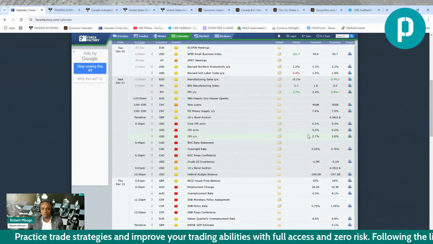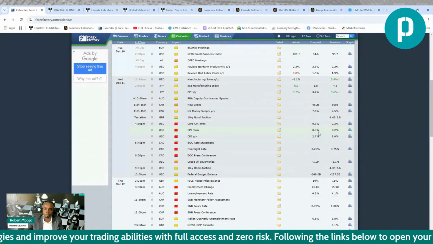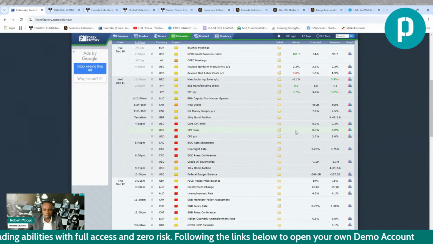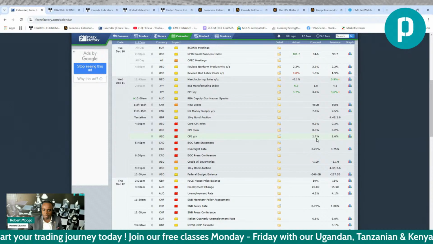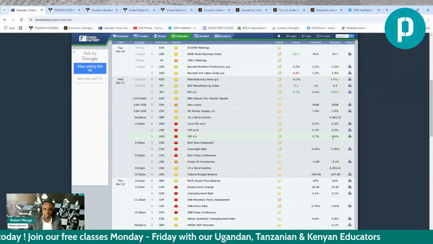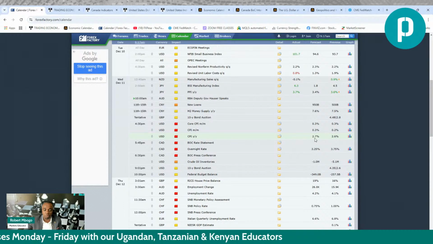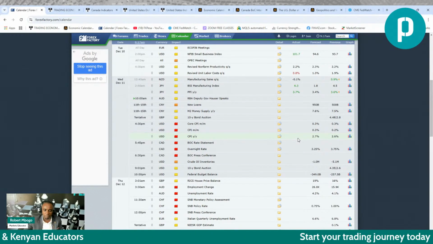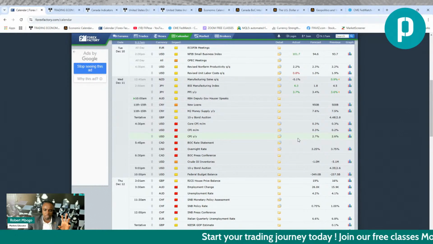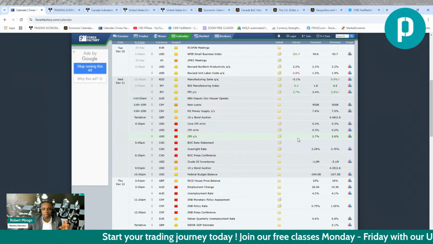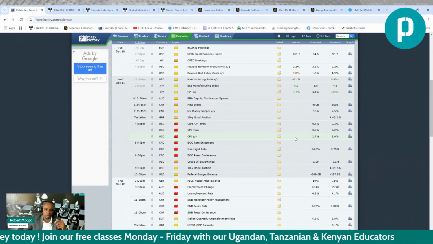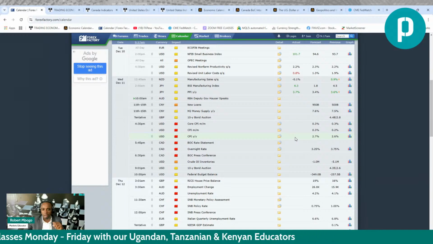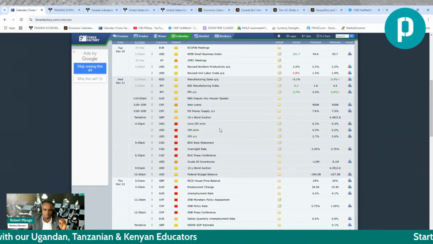If the numbers come higher than 0.3%, maybe 0.4% month on month, then we should see the dollar strengthening. Now let's look at the CPI year on year. Previously the number was 2.6%, and investors are expecting the number to be higher, 2.7%. What happens if the number comes out at 2.7%? Maybe it's priced in, so there's a chance that the dollar won't strengthen. But if the number comes out stronger, let's say 2.8%, then we should see the dollar strengthening. So that's a basic understanding of this fundamental news.